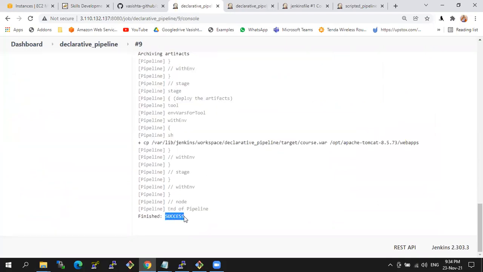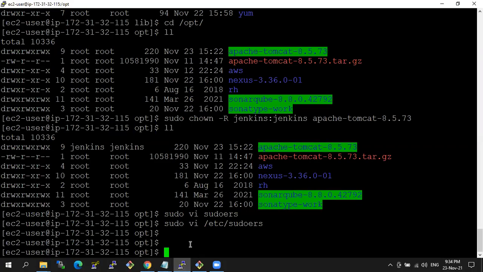See now, the job is success. Why? Because that folder does not have the permissions. That folder does not have the permissions to copy the file from this location to this location. Okay. Now, if you remove that,